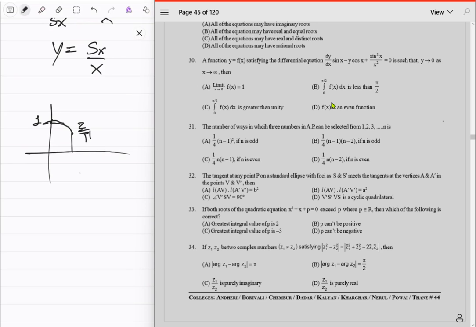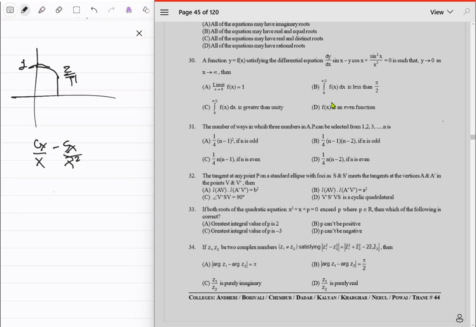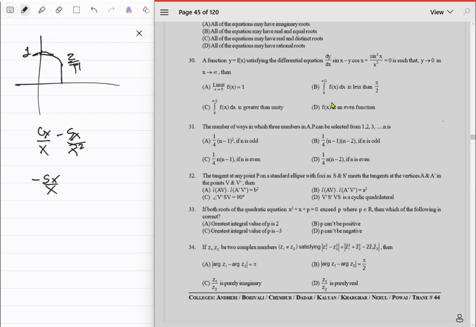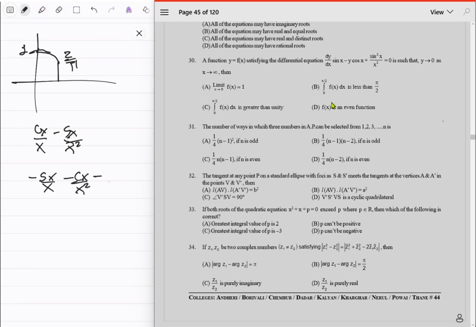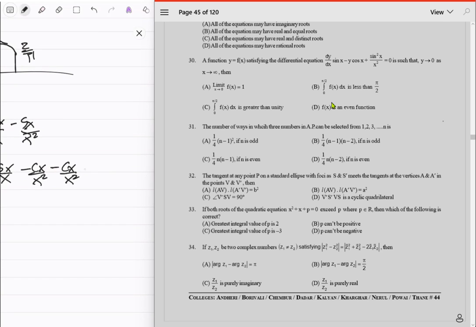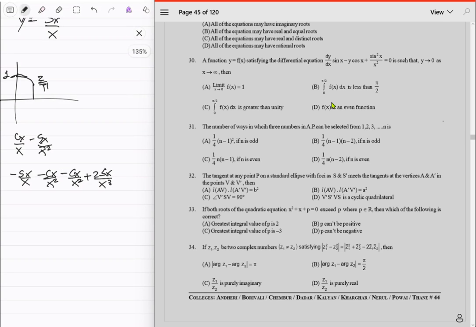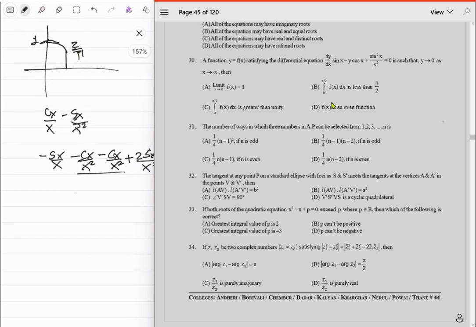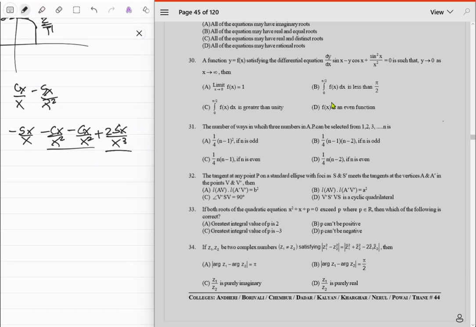Okay. And how will the concavity be? y dash is just cosine x upon x minus sin x upon x square, which we know is x cosine x minus sin x upon x square, which has to be negative, right? Yeah, we know that's just negative. And then y double dash is of what form? Due to sin x upon x, then negative cosine x upon x square, then negative cosine x upon x square, and then finally 2 sin x upon x cube or something. So this is just negative 2 cosine x upon x square, and what is this guy on x cube, right? Okay, interesting. Take sin x upon x common, which is basically 2 upon x cube minus 1,